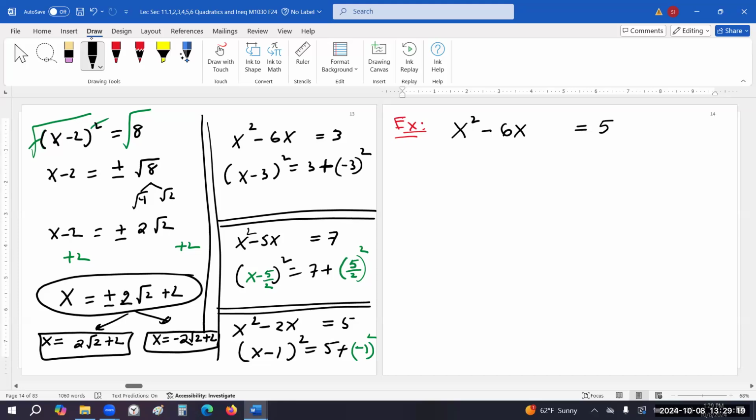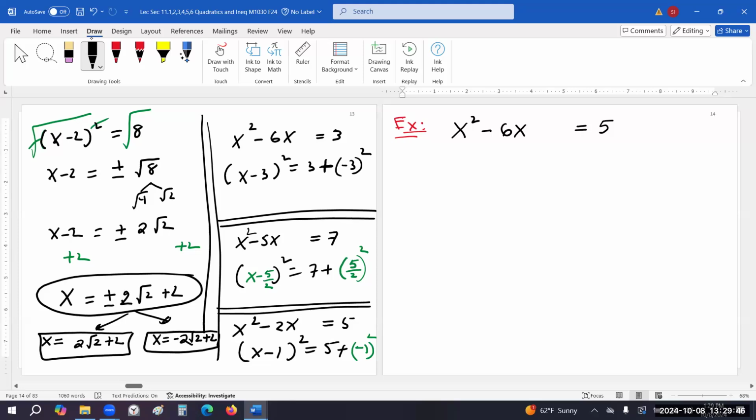Yeah, x squared minus 6x equals 5. You may think it's factorable, but actually it's not factorable. You choose completing the square. Oh, you want